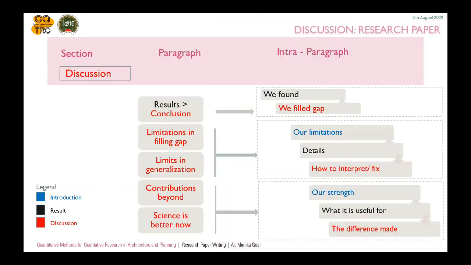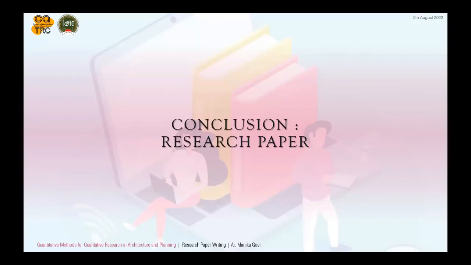So if we divide the discussion into paragraphs, it can be divided into five heads: the result and conclusion, where we explain what we found and how we filled the gap; limitation in filling gaps and limitation in generalization; whether we can break through our limitations, details, and how we fixed and interpreted it; and the contribution beyond, and science is better now, which can be divided into our strength, what is useful for, and the difference made. So coming to the conclusion,